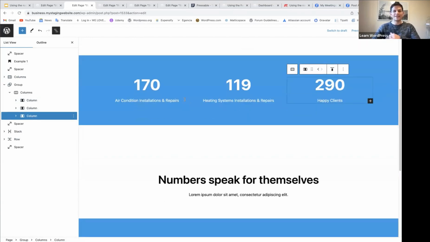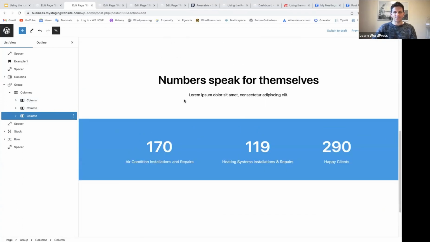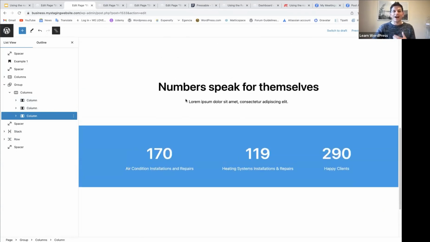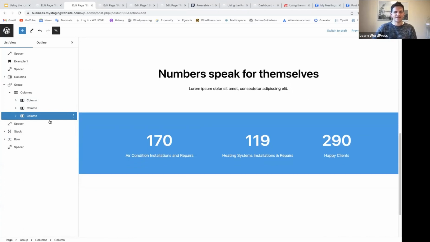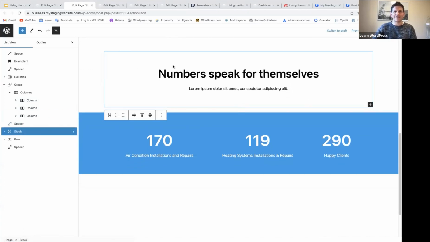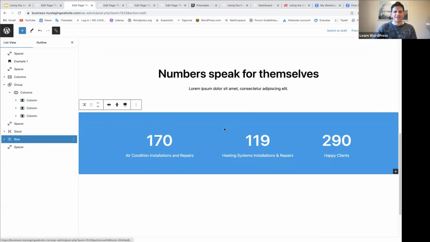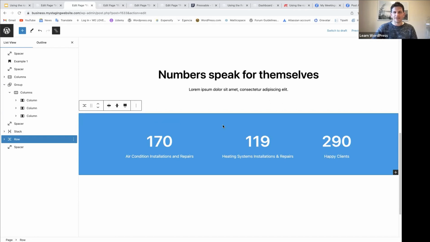And then I recreated exactly the same thing. But this time I used the stack block and the row block. So here you will notice I've actually added it to a stack block. And this is a row block. All right, so the one thing though that I wanted to highlight is that if you open your sidebar settings,